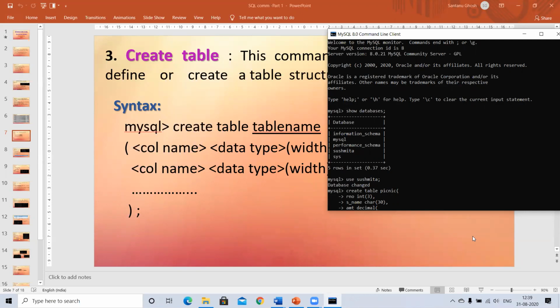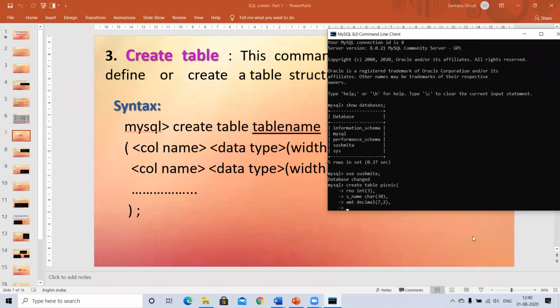So supposing I'm saying at the maximum it can be 7 and decimal part can be 2. So what is left with the integer part, which is obvious, 7 minus 2, 5. So you cannot enter a number which is more than a 5-digit number. You cannot enter a decimal part which is more than 2 digits. Okay, that's the meaning of this.